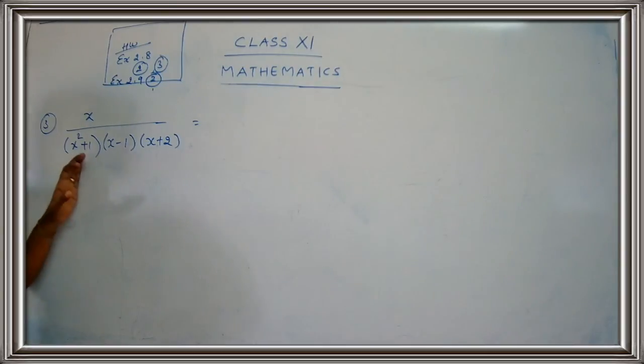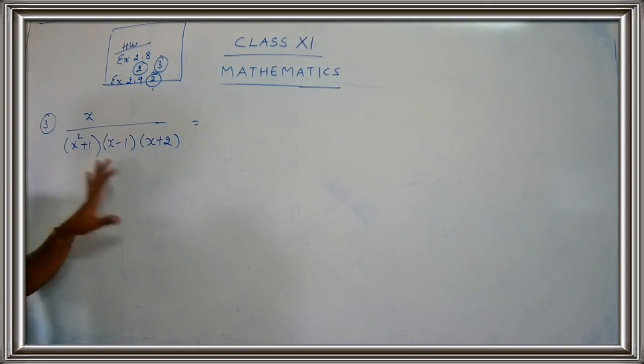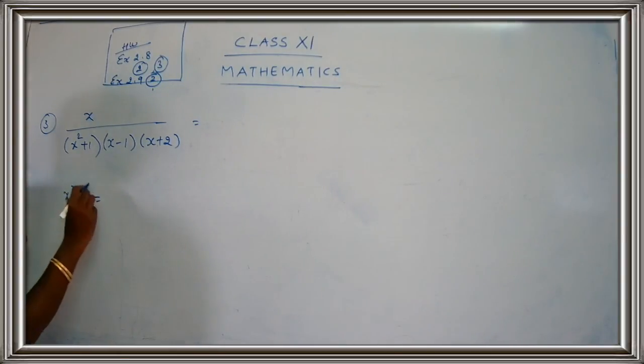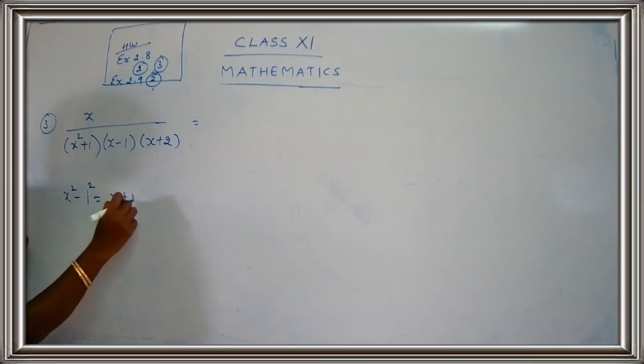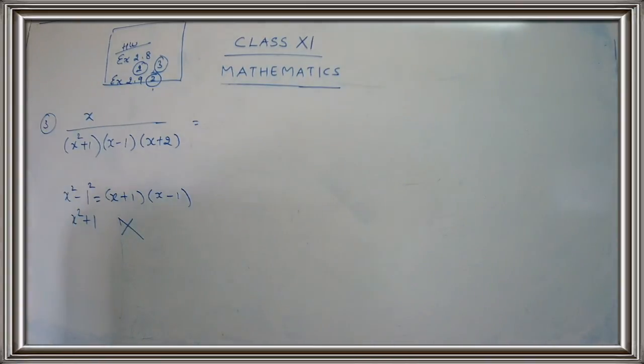Okay, children. Now here no need to do any factorization. In the previous sum, that was the first sum, they had given you x square minus a square. So we used the identity a square minus b square and we split it like x plus a, x minus a. Yes, children. Here no need to split. Already everything is given in proper order. Do not split this. This is x square plus 1. We cannot do anything over here. x square minus 1 means we can do the splitting. Yes. x square minus 1 means x plus 1, x minus 1. So there is a difference. x square minus 1 means 1 can be written as 1 square, so you get x plus 1, x minus 1. This is x square plus 1, so I cannot do any splitting work. So x square plus 1 you keep as it is.